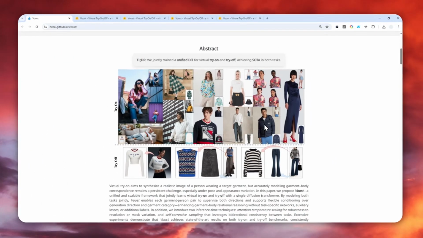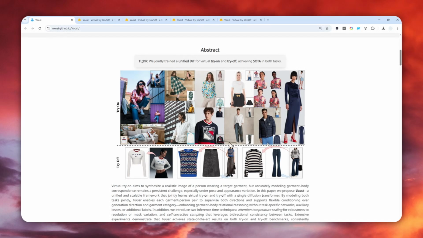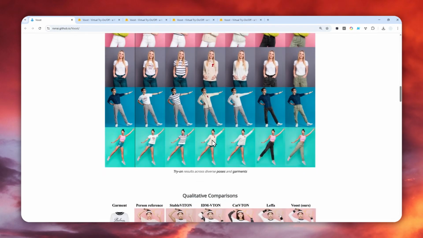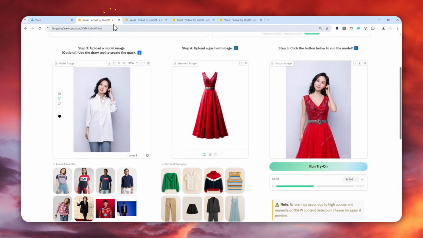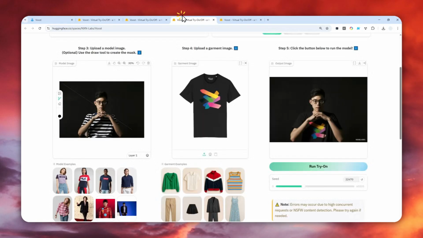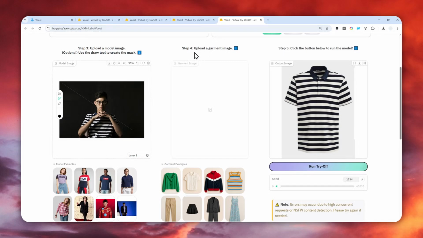So this tool is open source, it is lightweight, it is free, and of course we got the free demo via Hugging Face. I have created some photos and I can tell it looks pretty convincing. I think it can maintain all the details pretty well, and also there is a feature that lets you try off, so you can remove the clothes from the person and you can get the picture of the clothes, which is very amazing. So if you are interested in using this tool, let me show you how you can use